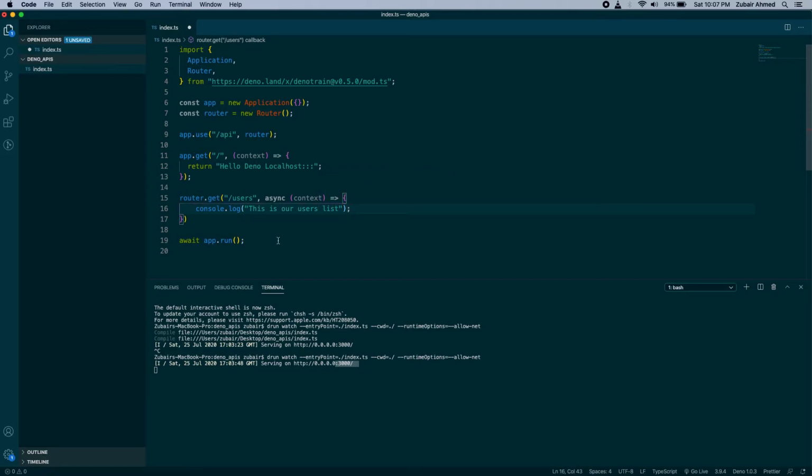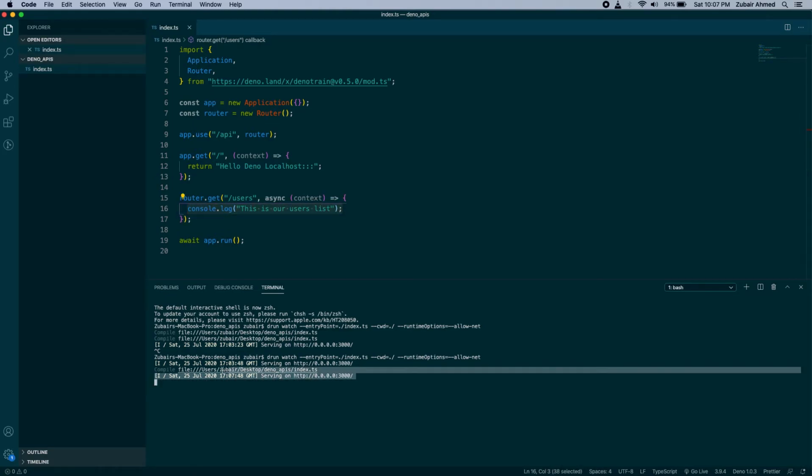As soon as I have saved this file, you can see it is compiling again, and this is the beauty of the Deno third-party module which we are using inside our application. As soon as you hit save in your files, it automatically refreshes.